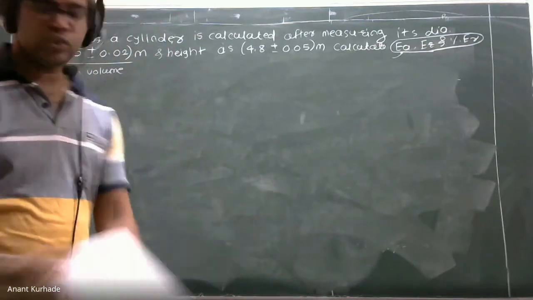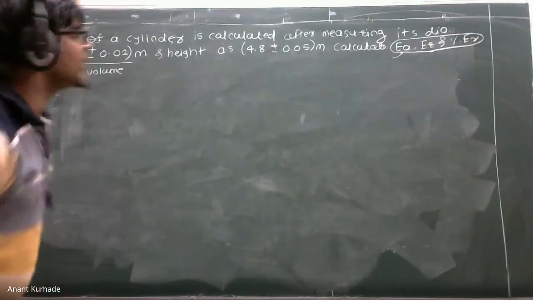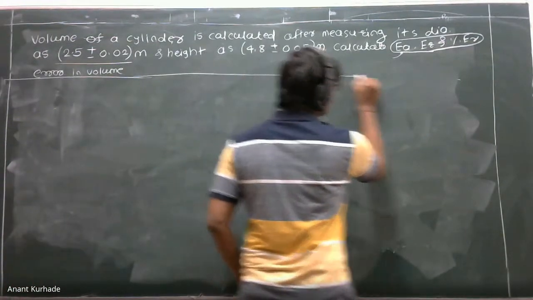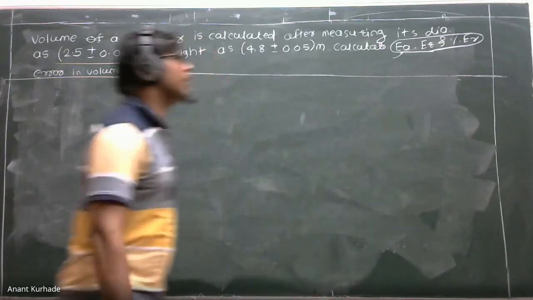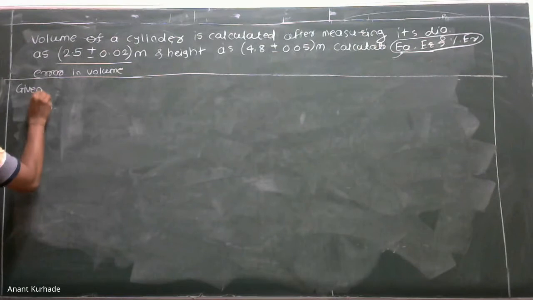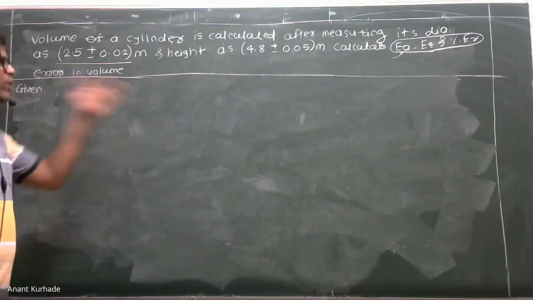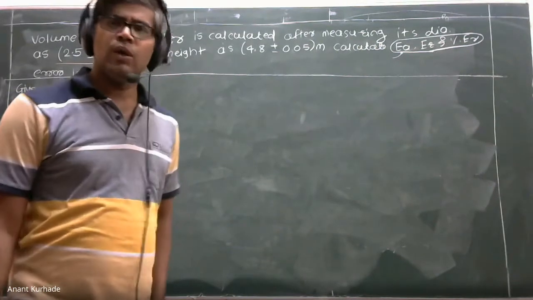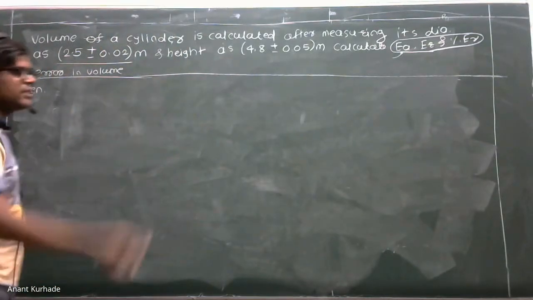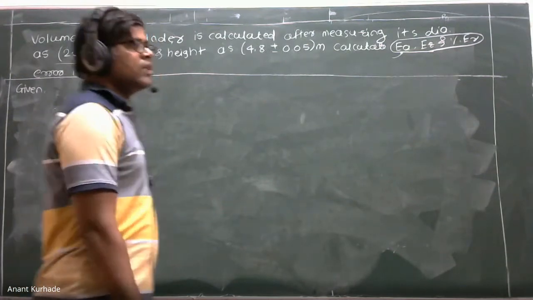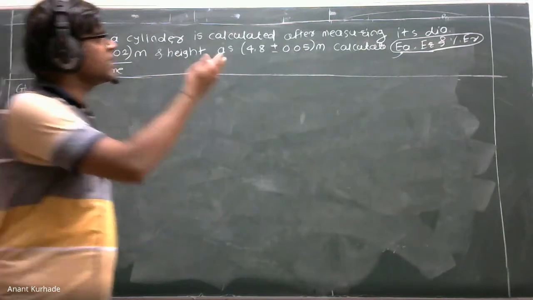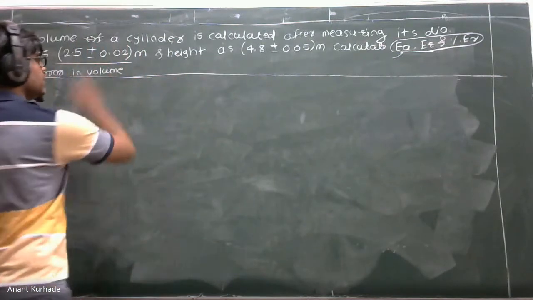Now how to solve this? Yesterday at last we actually discussed this. Simple. Here we must know how to take the derivative, the partial derivative. Now write the given data. In this problem statement the formula of volume is not given, but the name of the solid is given. In some cases the formula can also be given. The volume of the cylinder is calculated after measuring the diameter. This is a complete application.